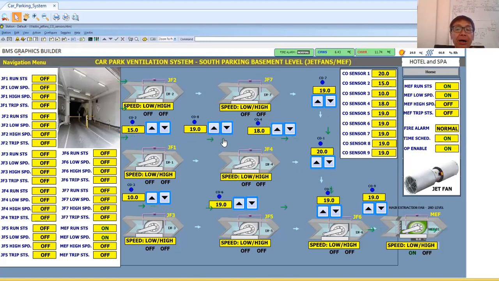Now I have prepared one simple control logic just to show you how the jet fans should work in the event of a high level of CO concentration in a specific area. There will be two scenarios in this car parking area: normal ventilation, including a high level of carbon monoxide in a specific area of the car park, and then the fire alarm or fire scenario.